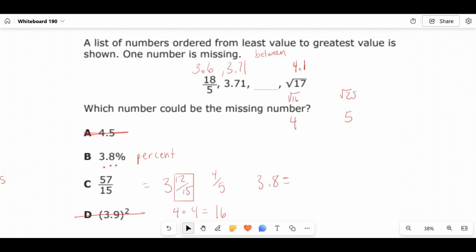3.8 as a percent turns out to be the number because I divide by 100. And that actually gives me the number 0.038. And that is just too small of a number. So out of all the numbers, yes, B and D look the most right, but those are called distractors. They are there to distract you and for you to choose it as the answer without actually doing the math. Once we actually went through and did the math and simplified, figuring